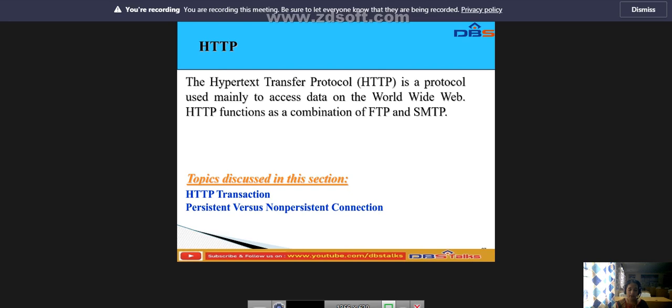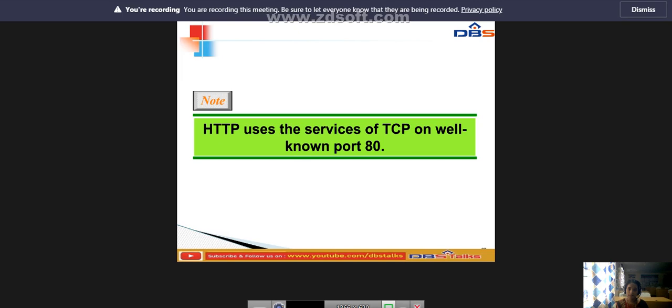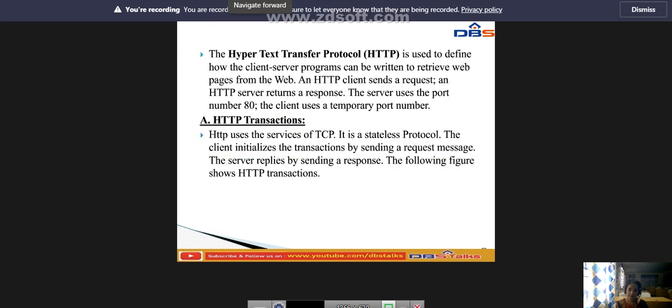In this we have these sections: HTTP transaction, persistent versus non-persistent connections. As the HTTP server side we are using port number 80, and it also uses the service of TCP.